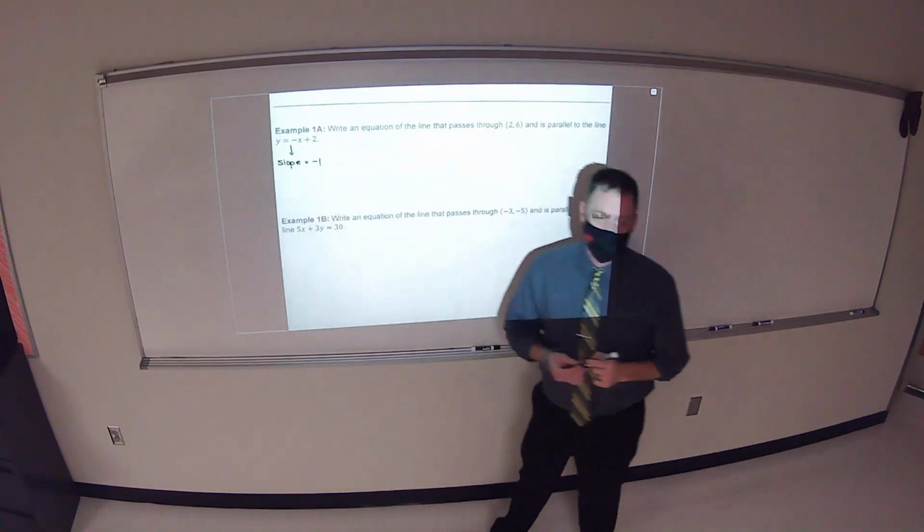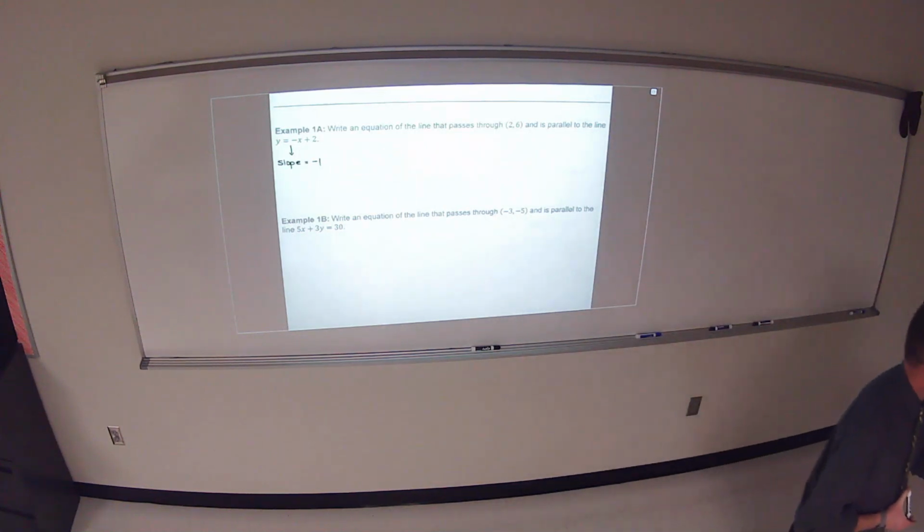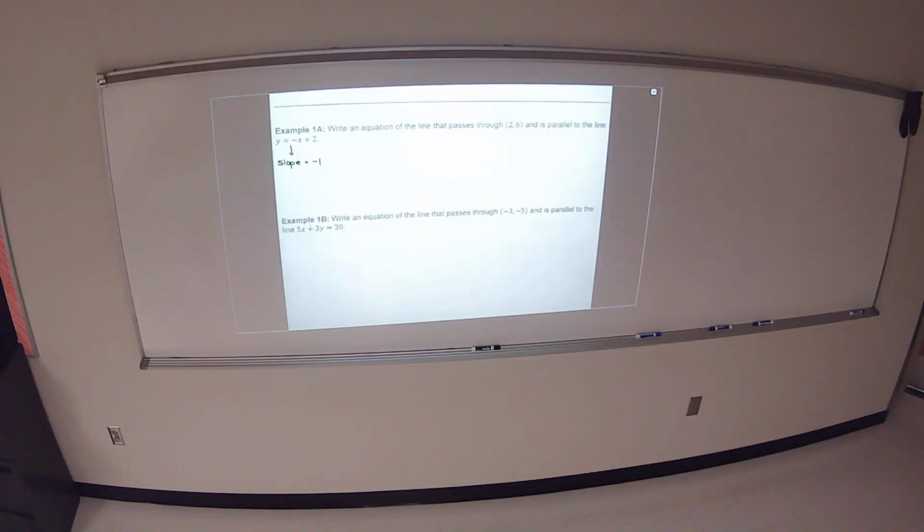Caleb, how do you know that? Because the negative's right on the x or y and over. What form is that equation in though? Slope-intercept form. So in slope-intercept form, we look at the value that's in front of the variable. That tells us what our slope is. So this line has a slope of -1,